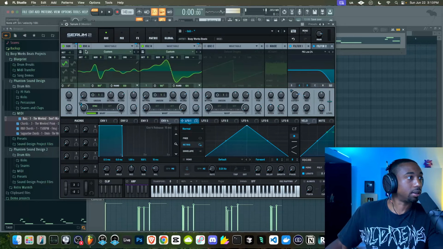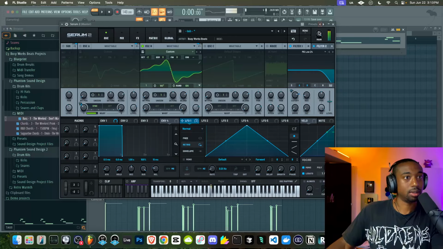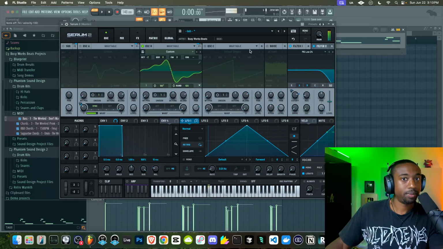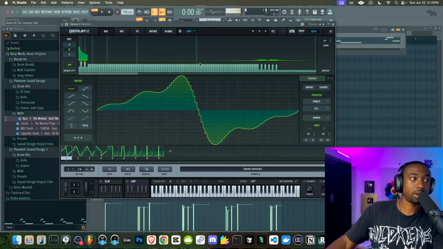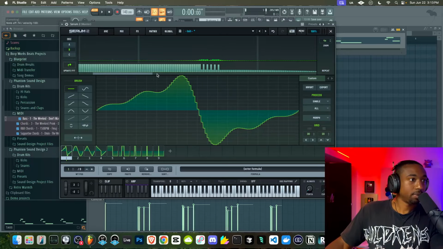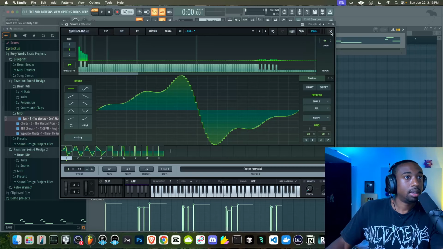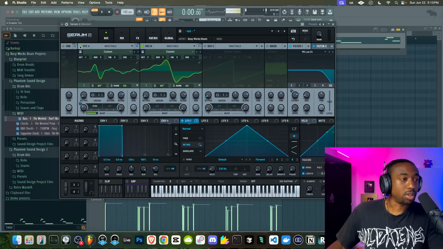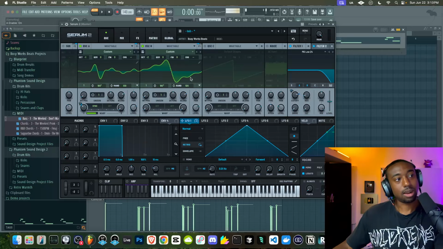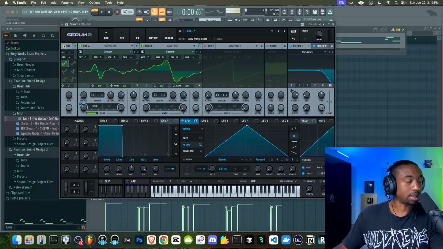So if I turn off oscillator A in the sub and I play a low note, you hear that, that's that yeet sound. And you get that because we're squaring off the edges, which create harmonics. Okay, and that's how we get these crazy set of harmonics there. So it's not a normal sawtooth, okay? And especially when it's rounded like this. So that's another technique I like, especially for lo-fi sounds. That's a really good technique.